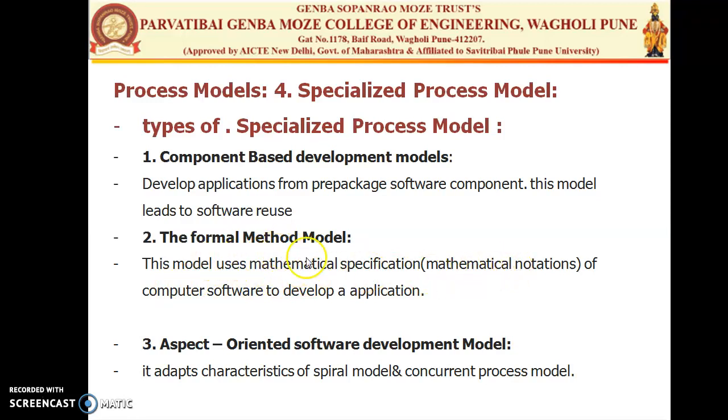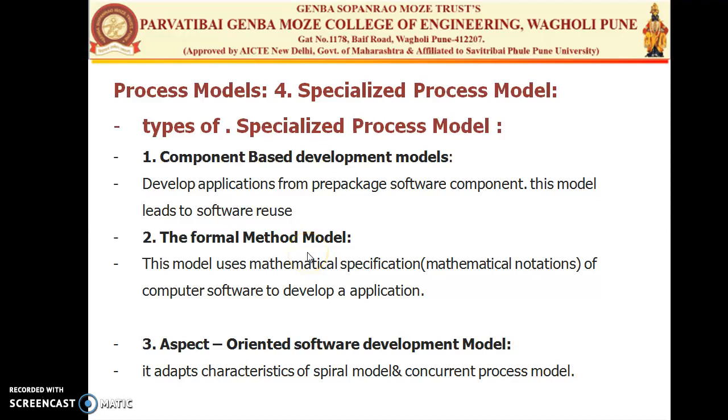So this model uses mathematical notations to develop software, but this method has not really reached wide use in software development, because it includes a lot of mathematical calculations which developers are not aware of, and it is a much more complex method to use for software development.